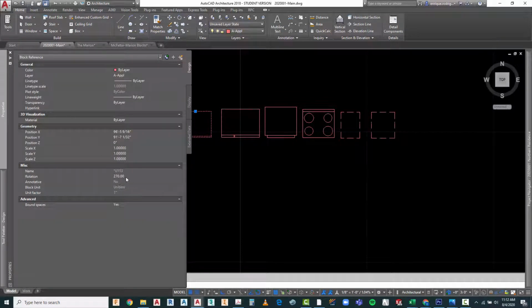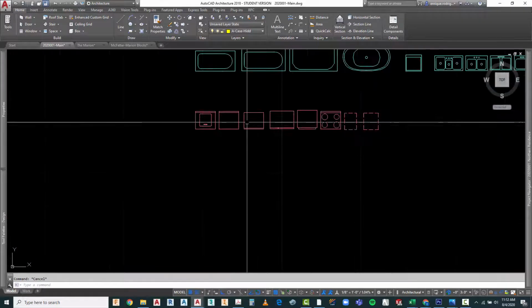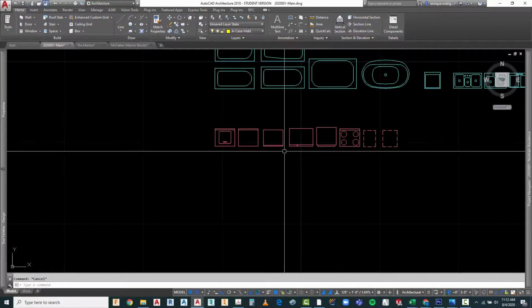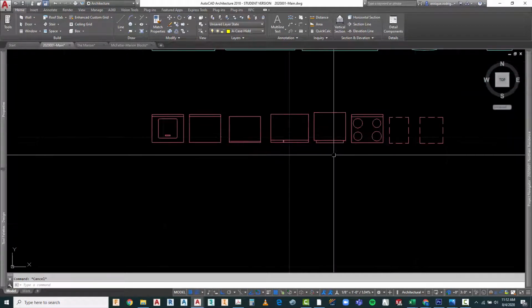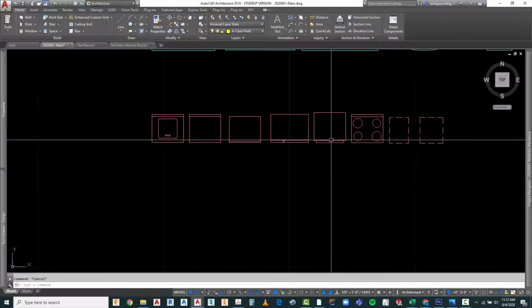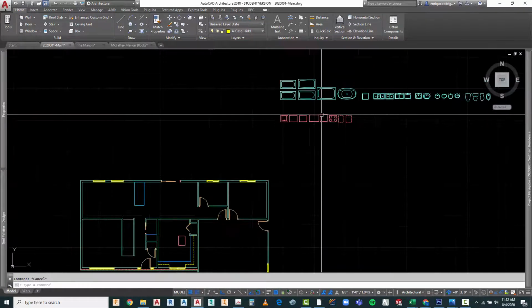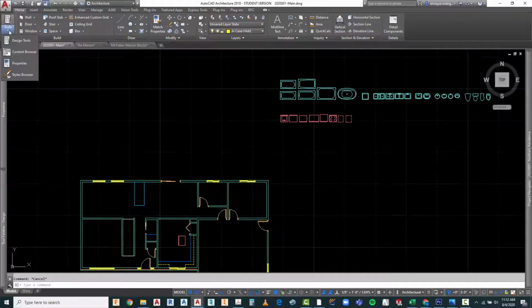Properties, that's a block reference. No instance there of it. So if you run into a situation where you're not quite sure this is identified correctly, you can modify that pretty quickly. So I'm going to go ahead and use this one. This looks like it was the refrigerator that was used, but if I have any doubt, I can then go ahead and go to my content browser,